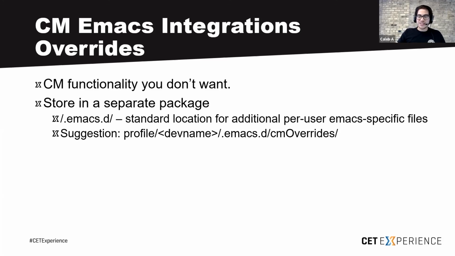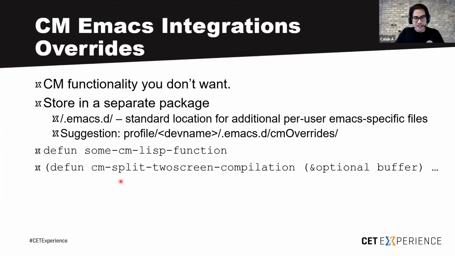Once you have the directory set up, you can drop in a new EL file, make a new defun that has the same name as a known CM list function that you don't want. I've done this for two different functions in particular because it kind of made me feel a little dirty doing it this way, but this was the only way that I could get it to work because of this function right here. This CM split two screen compilation,